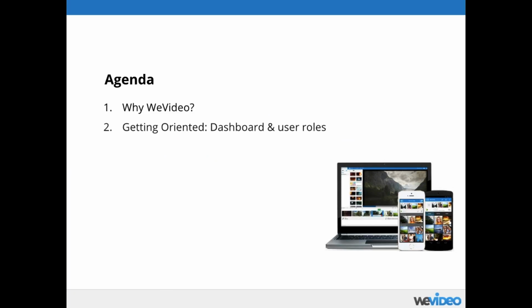So the agenda today: why WeVideo? I want to touch on that briefly and then get oriented with the dashboard and the user roles in WeVideo, because that's really important in the multi-user education accounts that you will see in your classrooms. From there, we'll jump into classroom management and look at how to set up our groups, which is the main vehicle for teaching a classroom through WeVideo.